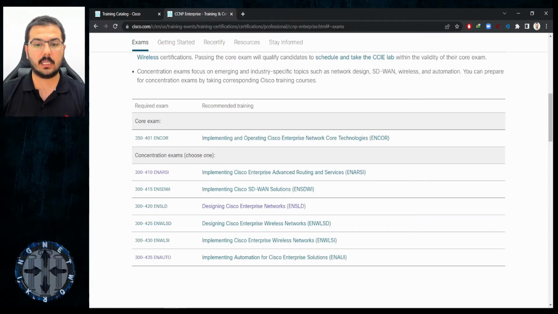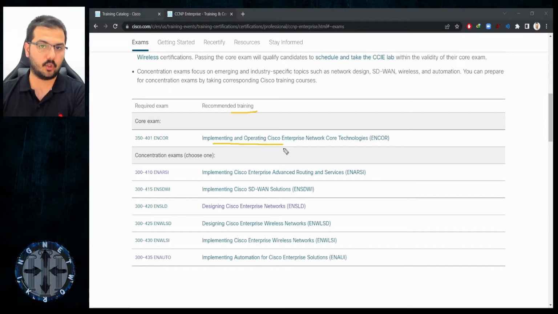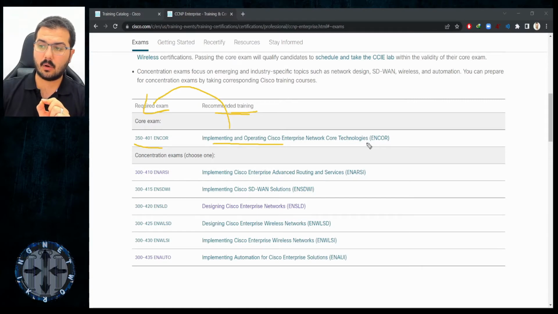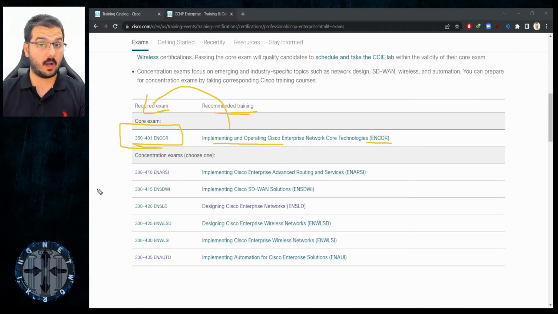Each one of these, you can click on the recommended training, which will give you official video training from Cisco, or the exam, which will give you the exam page with how to book the exam and pay the fees, and you can check the exam agenda. Now see the differences? The idea is the training is per exam. There's a training called the anchor training, and it will cost you $1,000, something like that, because it's a professional level. With associate level, it will cost you $800, something like that, per training. And the training prepares you for an entire exam. This is the idea.